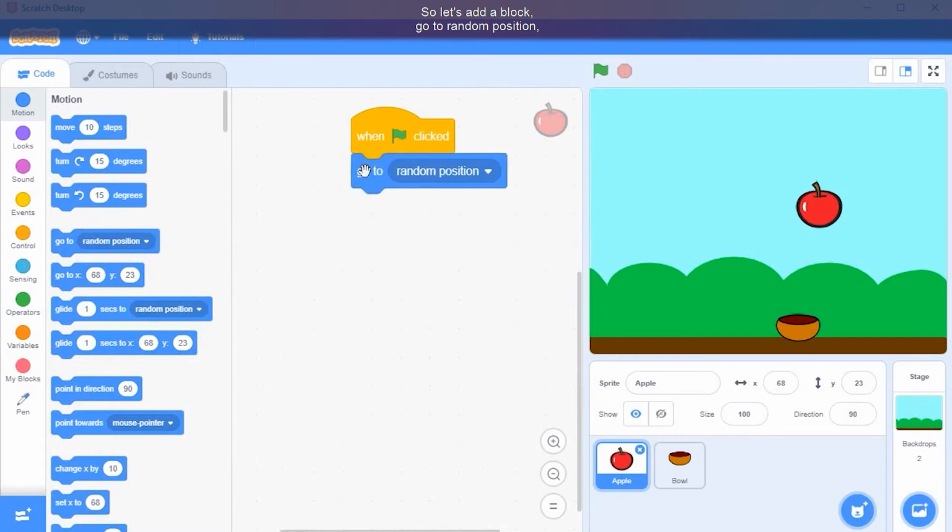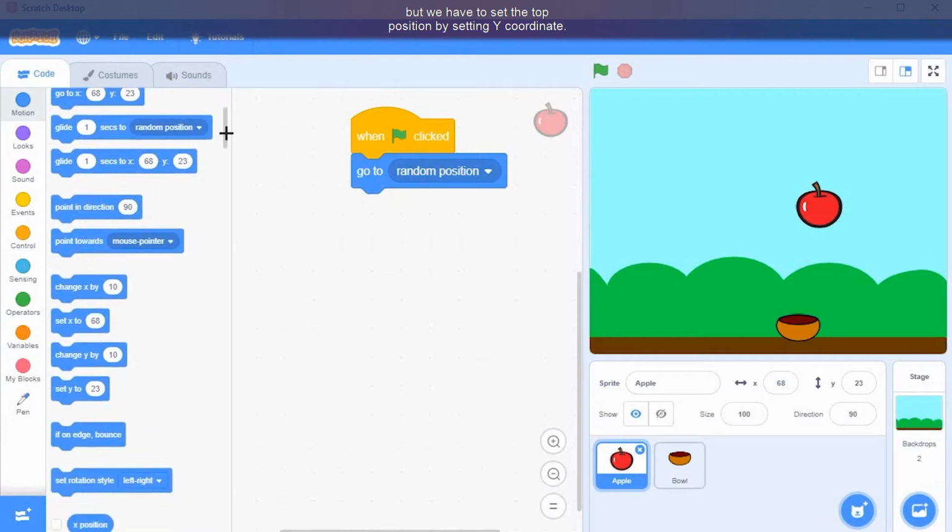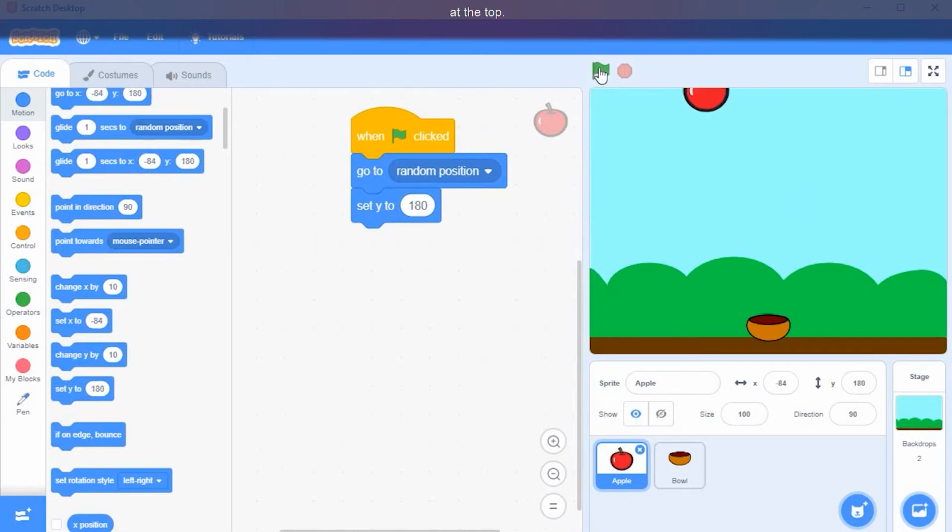Go to random position, but we have to set the top position by setting y coordinate. So get the block set y to and here write down 180. So 180 is the y position at the top.